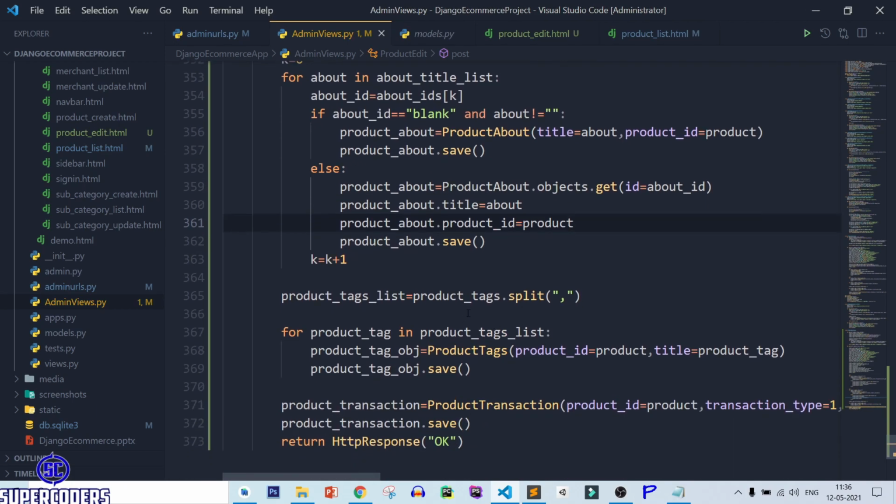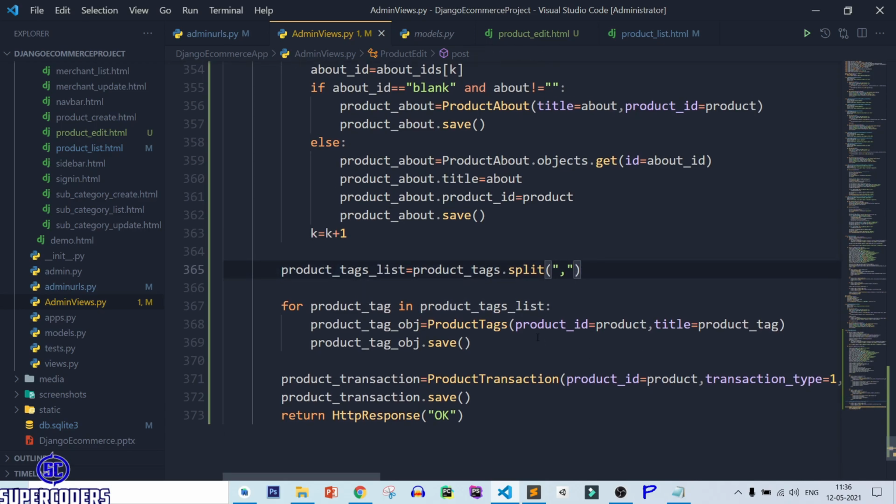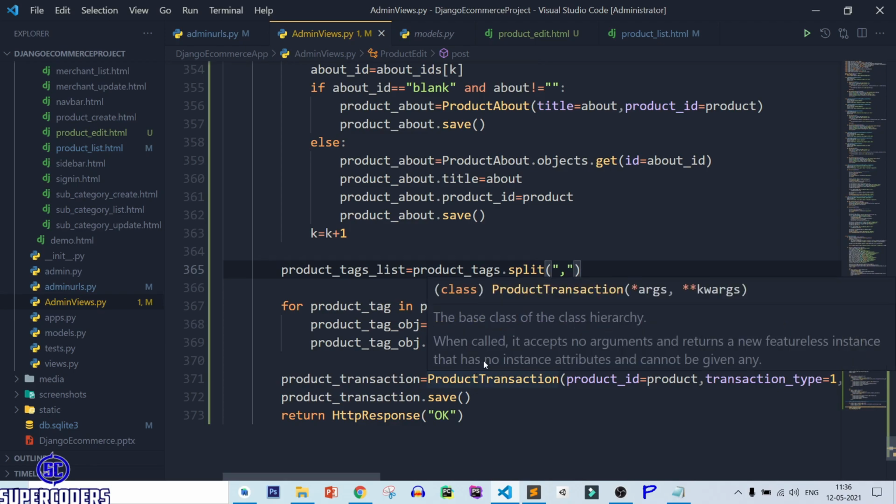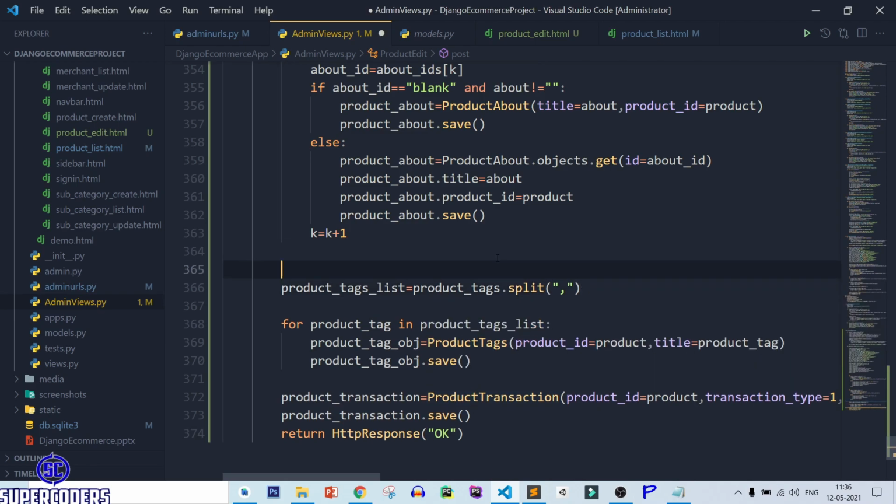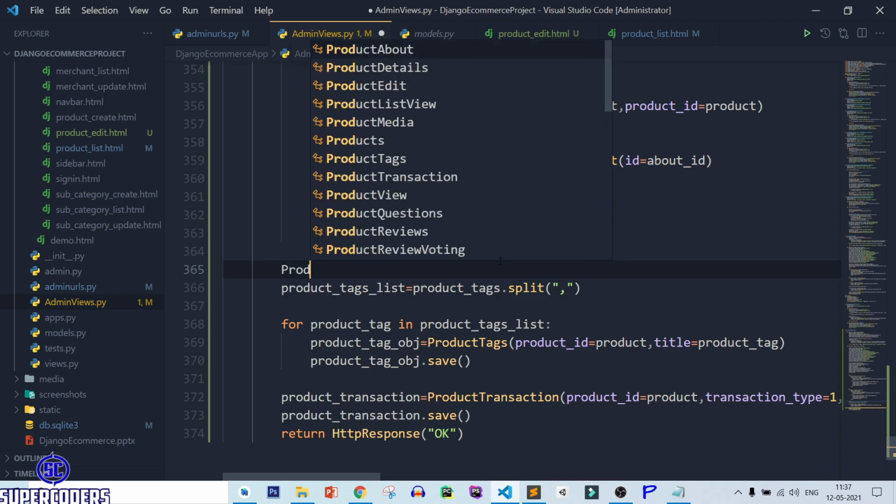So save this file, and in product tags dot split comma, which is perfect. So I will create a new product tags again. So here do one more thing. Before creating tags list or update tags list, just delete all the product tags.